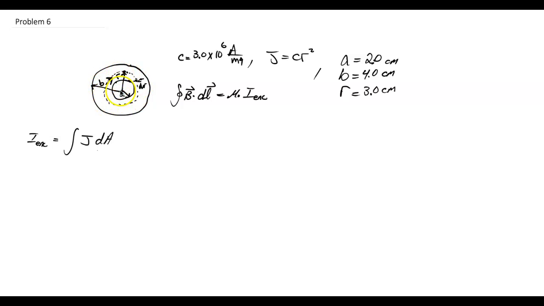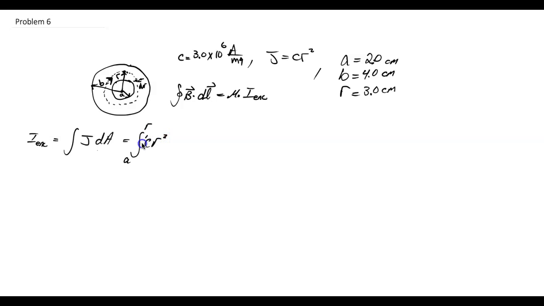If we look at the loop and we consider its circumference 2 pi r, and we take a small thickness dr, then if we integrate from A to R, we can get all the currents inside from A to this R, which is the Amperian loop. So we can say this is equal to the integral from A to R of